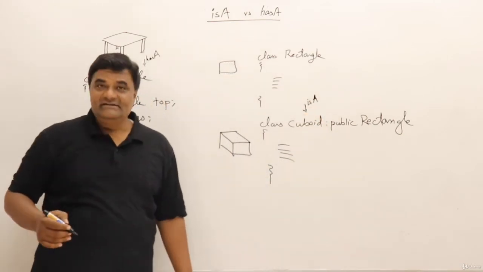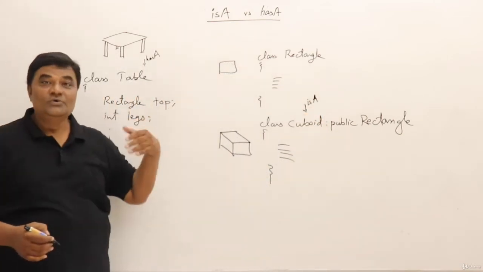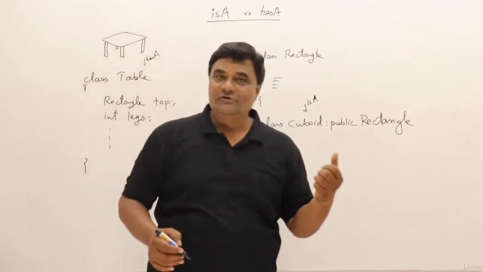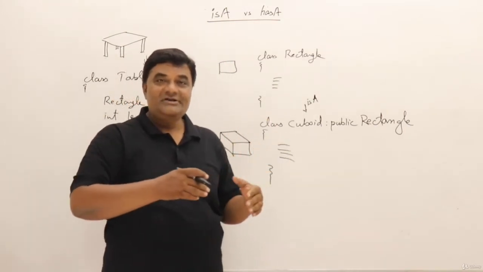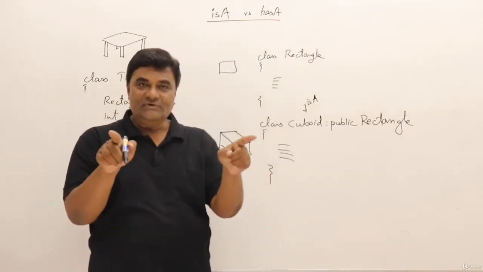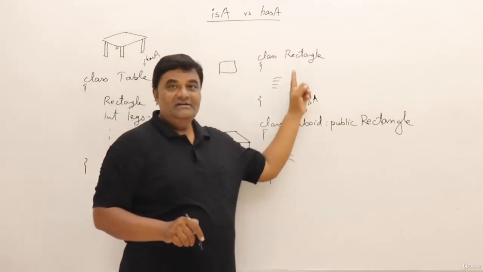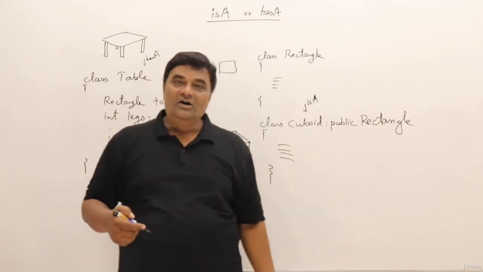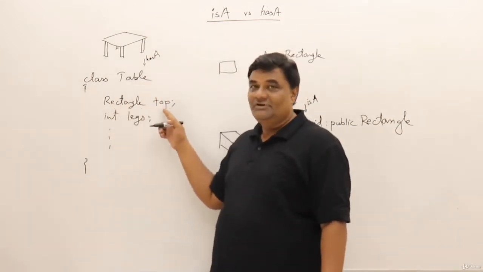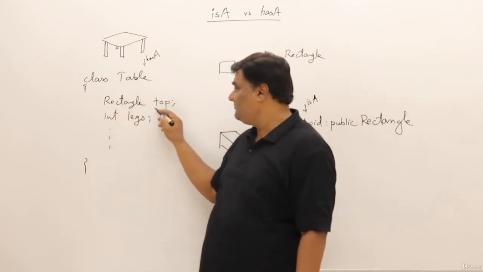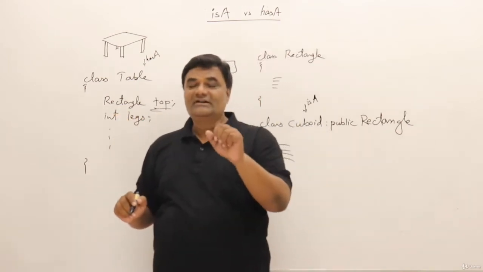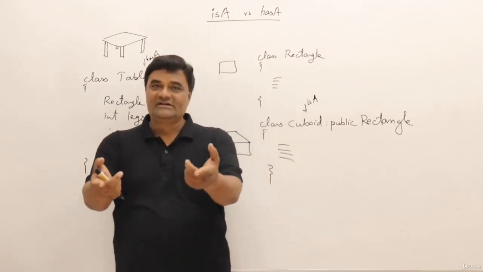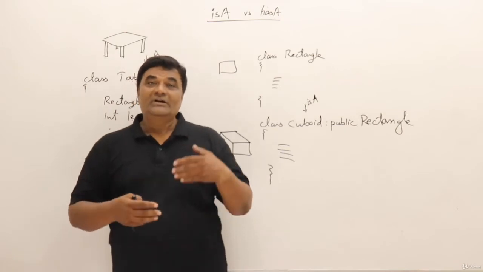So that's it. See, there are two ways a class can be used. This is common in object orientation, not just for C++, that a class can be used in two ways. One is a class can be derived, means we can write child classes inheriting from that one, or an object of that class can be used. This is an object. Top is an object. So there are two ways of using one class. Either you create the object and use it, or you inherit from it.